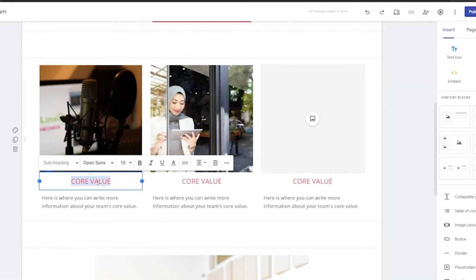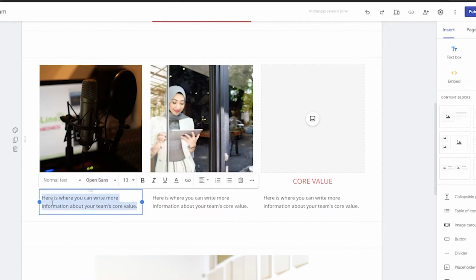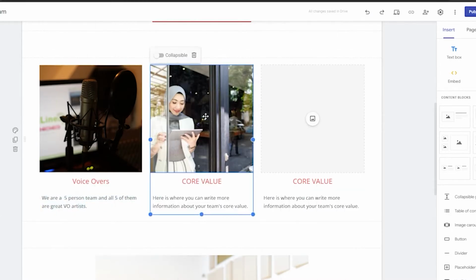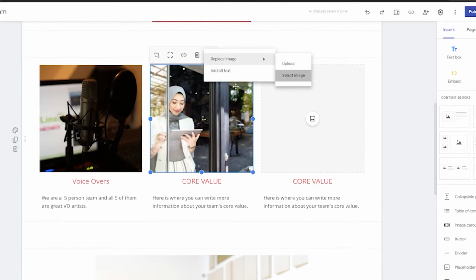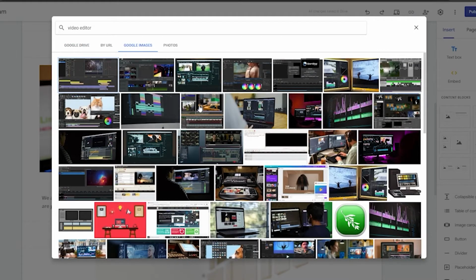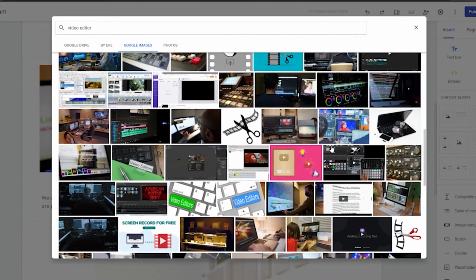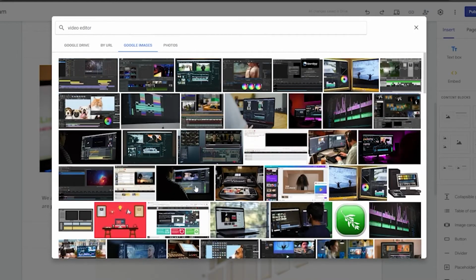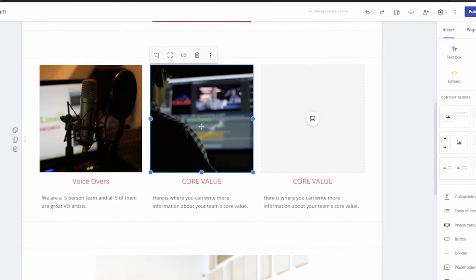Next, over here you can change it to voiceovers, and then you can write something like that. You can write a description over here, and then you can go over here and choose this image and replace this image with whatever one you want. So over here, let's go ahead and select the image. Now over here I'm gonna write something like video editor, and then over here you can choose whichever person you want, whichever image you want. I feel like this image and this image looks pretty cool. Let me just take a look around over here and see if I can find a better one. Yeah, I think I'm gonna stick with this one,